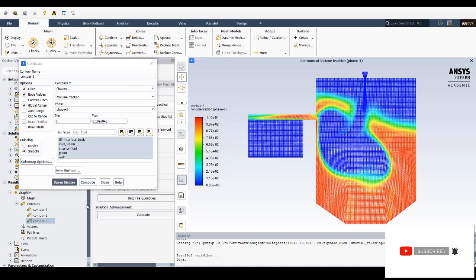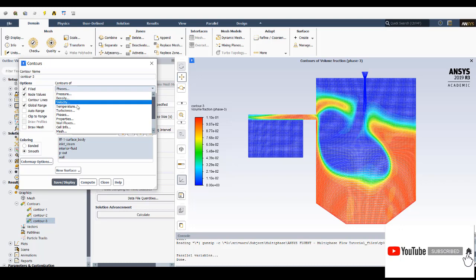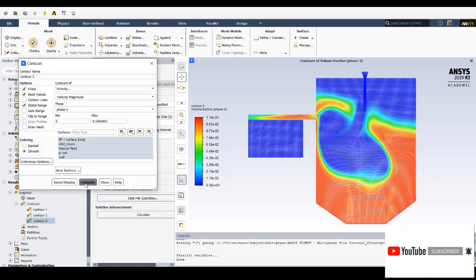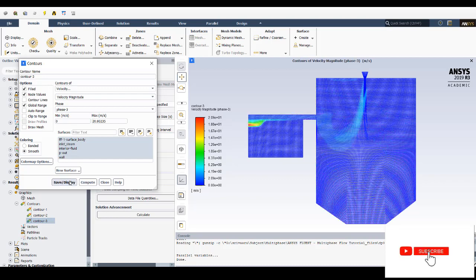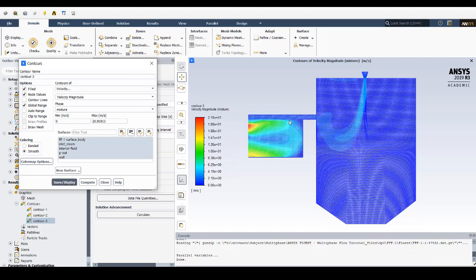And you can just calculate the heat transfer coefficient, how it is varying, and all those things. It's not a big deal. And we can check out the velocities also. The velocity for phase 3 is going around 20 here. With respect to that, maybe you can go for the entire mixture model. So here more velocity is happening.